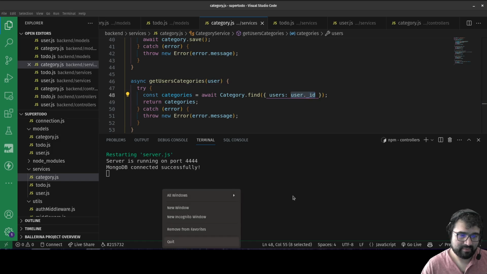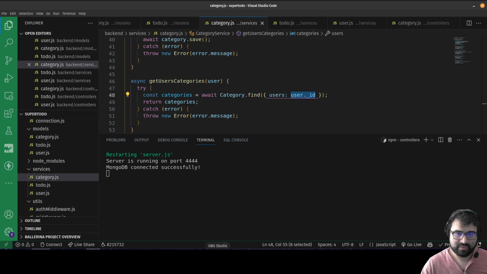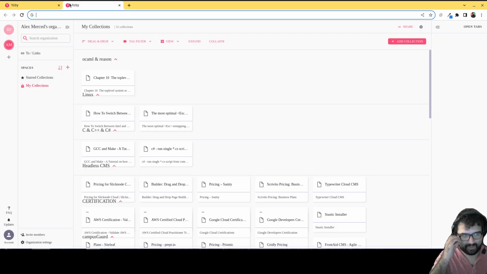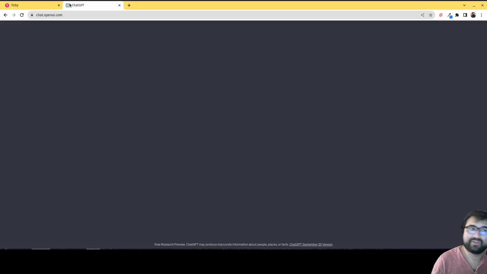Okay, so what I'm going to do, this is a good situation where ChatGPT can be really useful. I know the specific question I want to ask, and sometimes ChatGPT can give me a pretty good insight on what the code I want to write is. So I'm going to head over to ChatGPT,